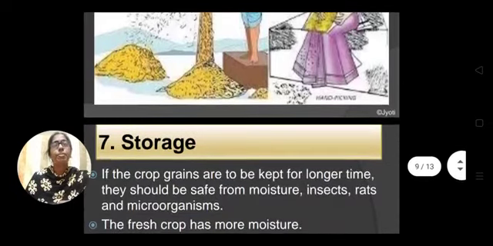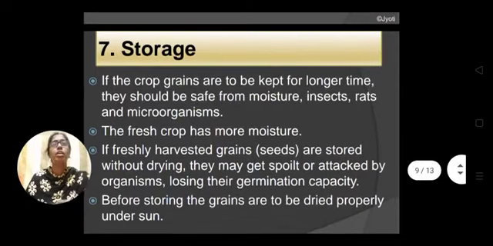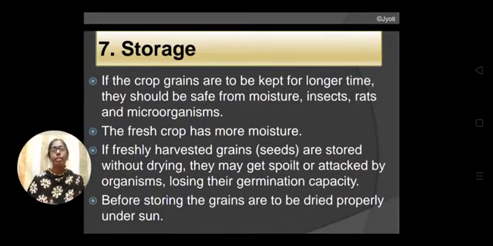Then the last step of crop production is storage. It is a very important step, because after we have collected the seeds in a purified form, there is no chaff, only seeds are there with us. But now what do we have to do? We have to store them for the next season, and also for further use or for supplying them